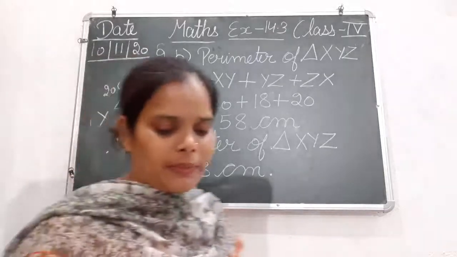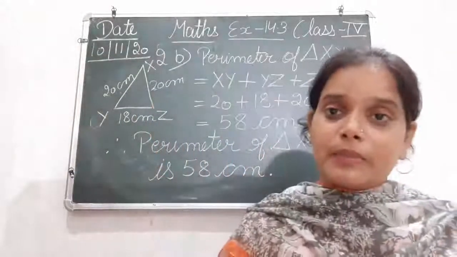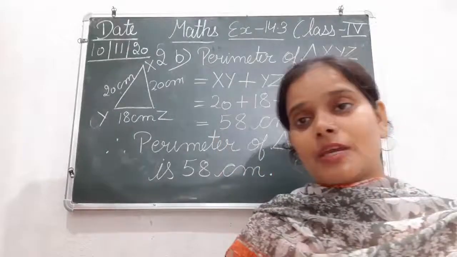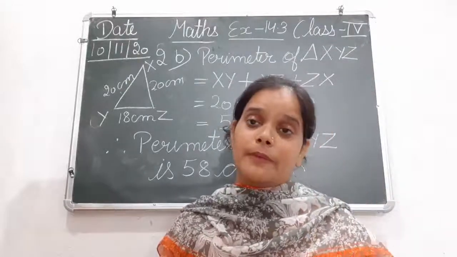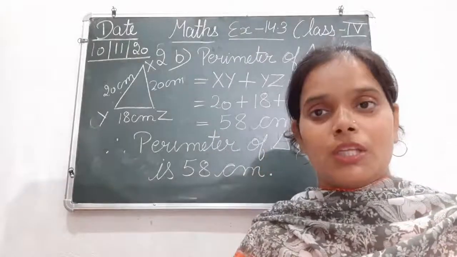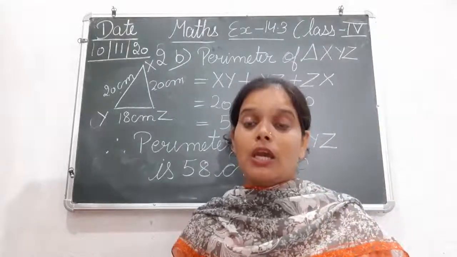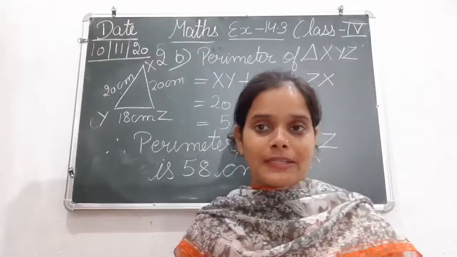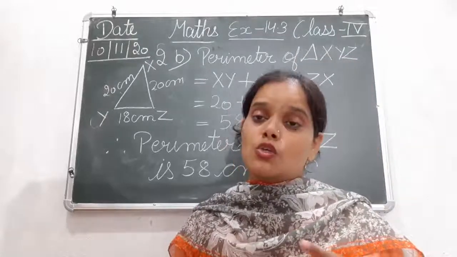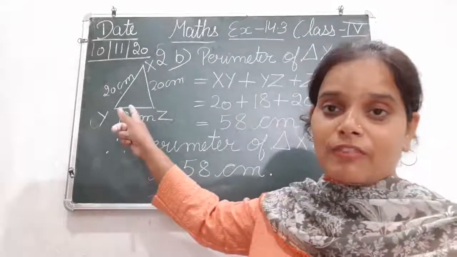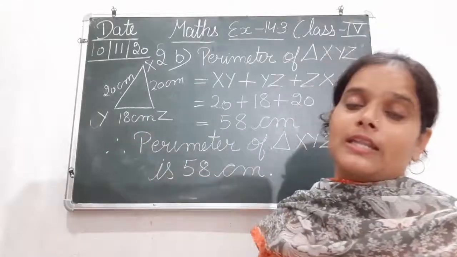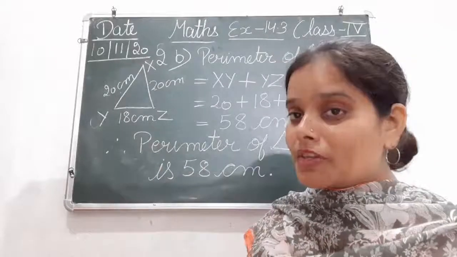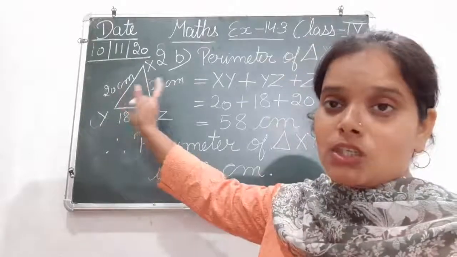Again in the B part, figure भी नहीं दी थी, name भी नहीं दिया था, only the measurement was given and it was said that this is the measurement of a triangle. ना हमें name दिया हुआ था, ना figure बनी हुई दी हुई थी, but the shape of the figure was told कि shape क्या है उसकी, triangle. तो triangle हम सबको पता है, triangle is made up of 3 line segments. So हमने क्या किया? So first of all we have made the figure ourselves only. Okay. Then the measurement of the triangle was already given. So the measurement of the triangle was 20, 20 and 18.